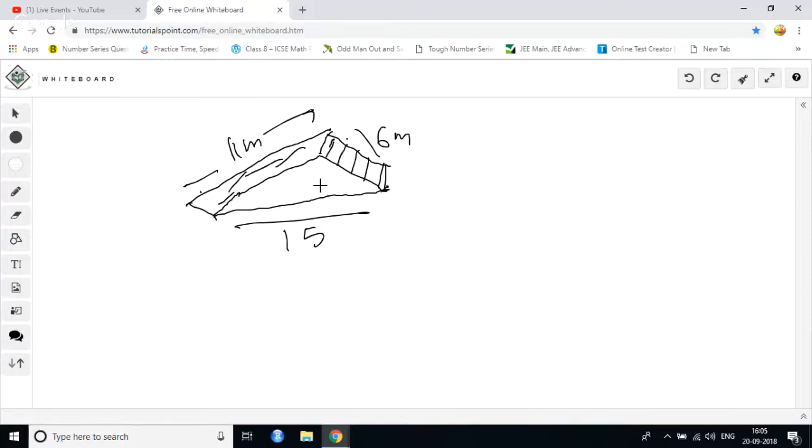What is this? This is a park. This triangle is a park. From two sides we have a wall. So from one side the length of the wall is 11 meters, I mean this length of the edge would also be 11 meters. From the other side the length of the edge is how much? The length of the edge is 6 meters, and this edge would also be 6 meters. This is 15. You have been asked what is the area of